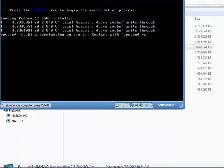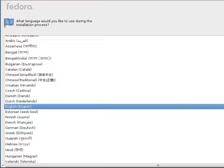It's thinking about it. It's going to enlarge the screen. Sorry, I tried to enlarge it earlier and it won't let me. And now it's just a waiting process. Not much of one. As you can see, it goes pretty quick. Okay, so